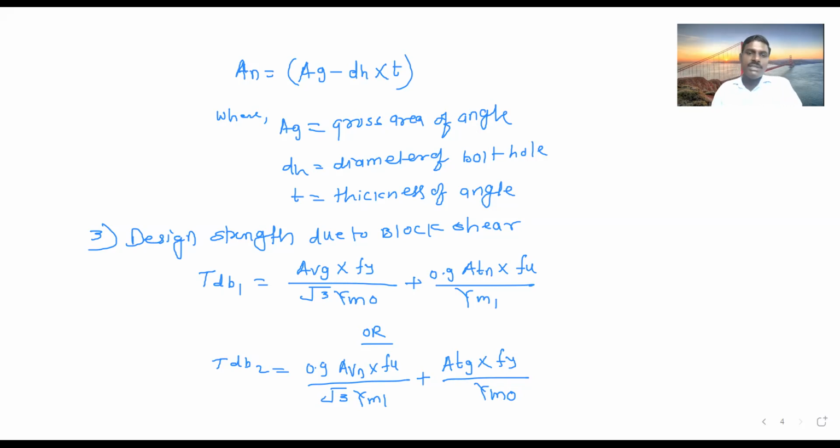So please again concentrate. This is again a very important part, similar to the design of strength due to rupture. Just as in rupture we saw the formulas, how rupture happens and how to calculate the rupture strengths, similarly we have to calculate these four areas, which are the symbols we have used in this particular formula. But before that, we will see what block shear is.